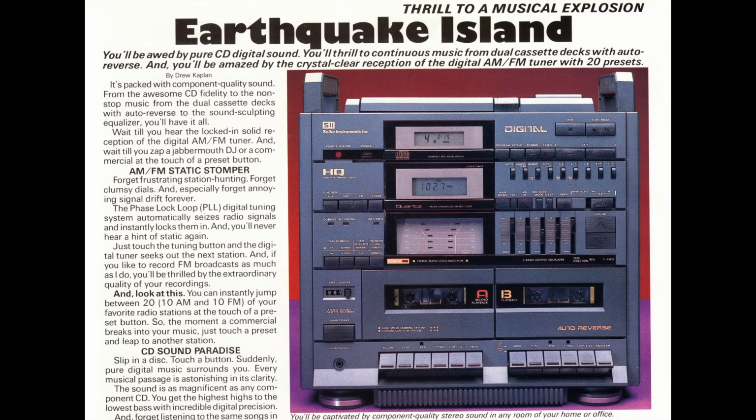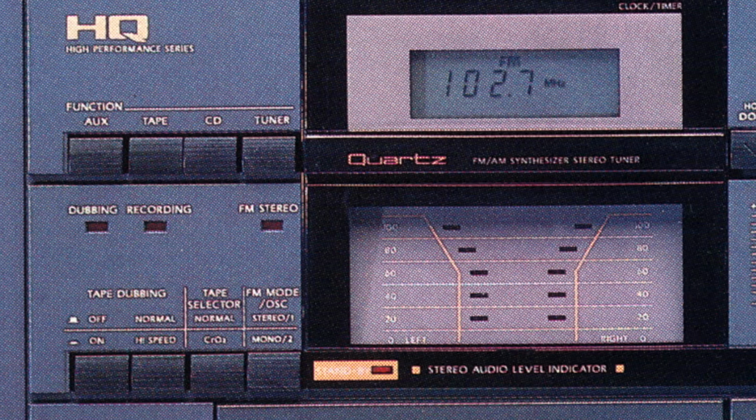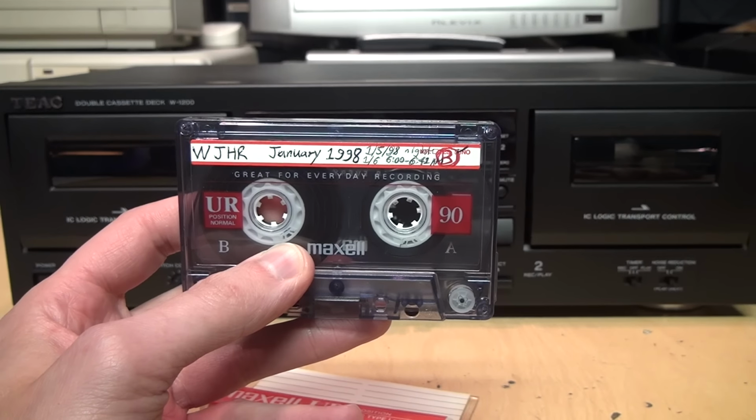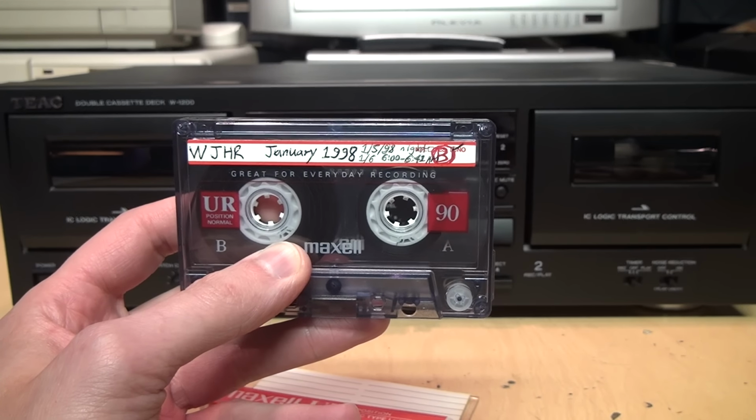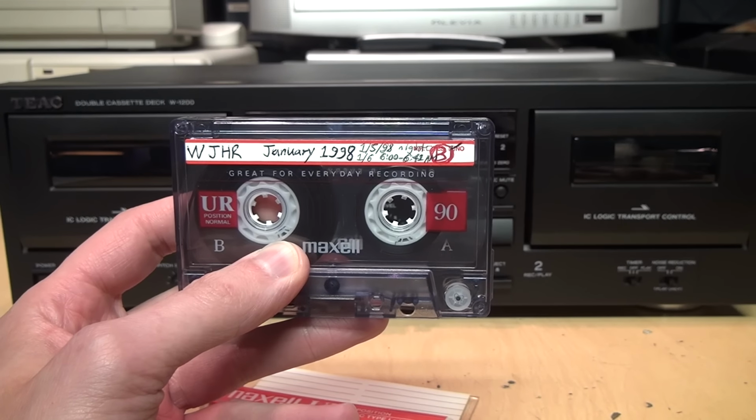I was using a Seiko stereo system just like this, which had a dual cassette deck, a radio tuner, and a timer. But if we zoom in on this photo, we can see it has a button labeled OSC, which, as we know, is a beat cut switch. And I neglected to have that in the correct position when I was recording this radio station, causing a constant whine in the audio. So I'll give you a sample of what that sounded like.